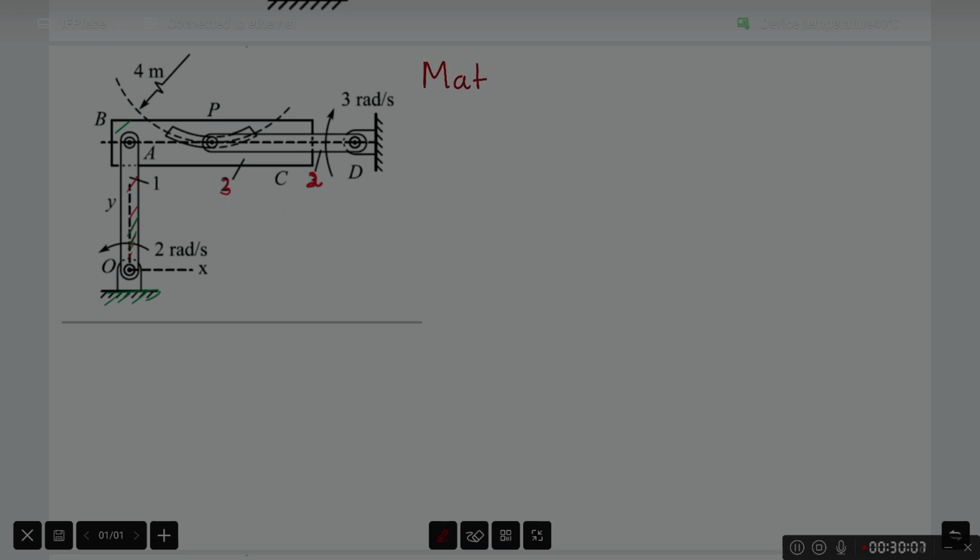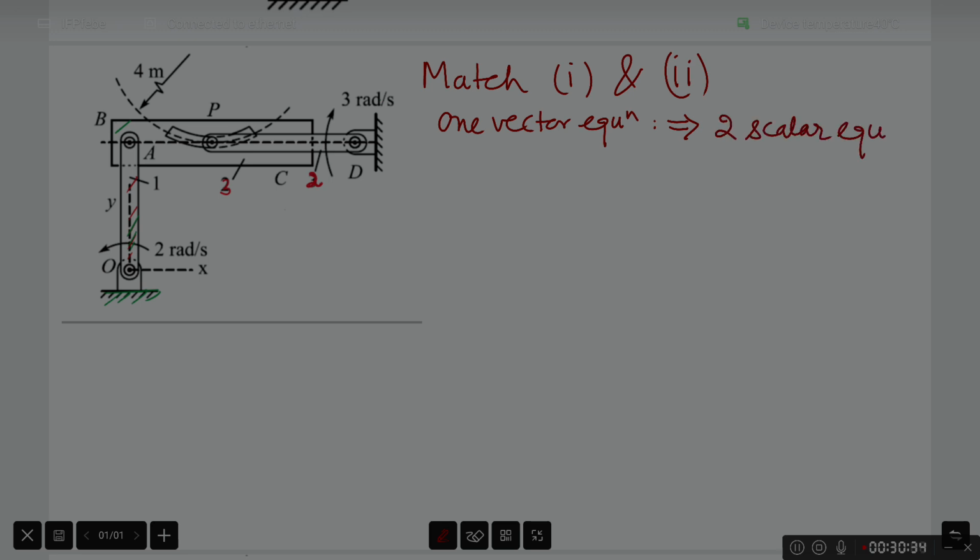Now I will match 1 and 2, and that matching will lead to one vector equation, and since we are dealing with planar motion, this will imply two scalar equations. This one vector equation has two scalar equations inside it. And those two scalar equations are,